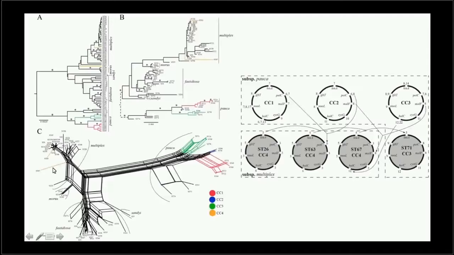So multiplex is not native to South America. In South America, it occurs in plum. It causes disease in plum. And it's an introduction, we think, that started in Argentina or Paraguay. We don't really know, but it's about 100 years old based on diversity and how much data we have. But so it's clear here, if you look at the trees, you interpret these and you have three different introductions.